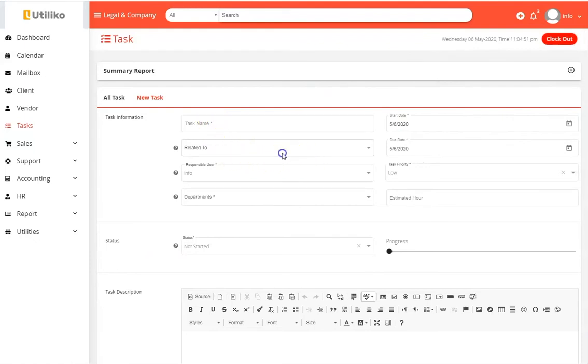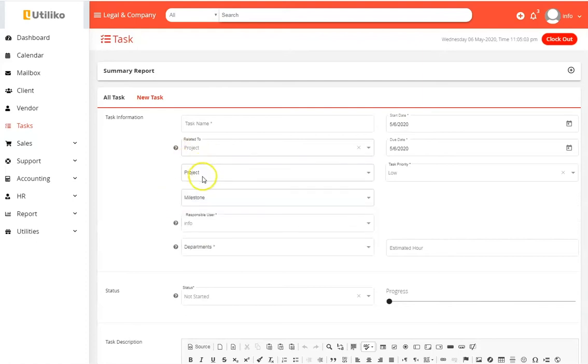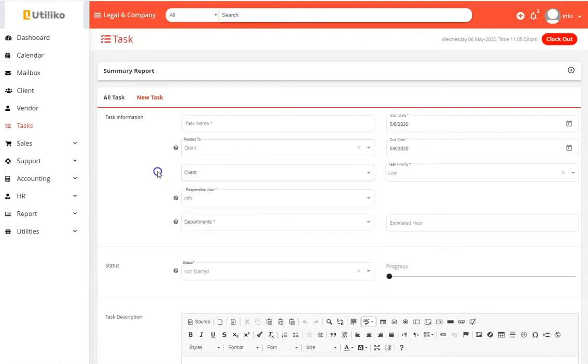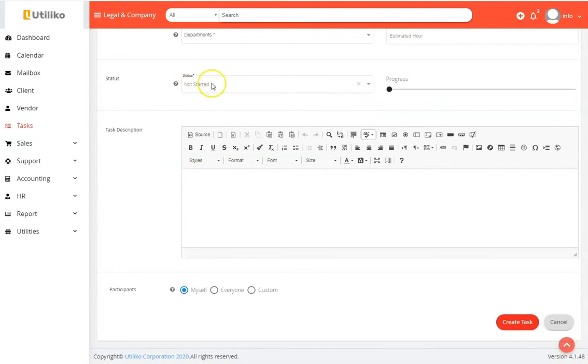Enter the name. If it's related to a project, opportunity, etc., you can go ahead and select it. It will show you a list of your projects. If you relate it to a client, it will show you a list of all of your clients. Give it a start date, end date, a priority. You could assign it to a department and leave the status as not started, or if you have, you could change it here. And then you would just give it a description,